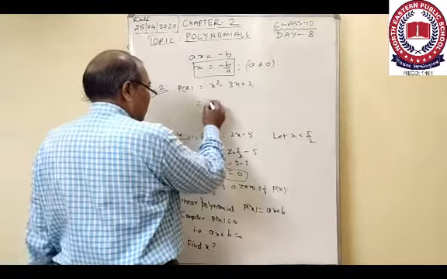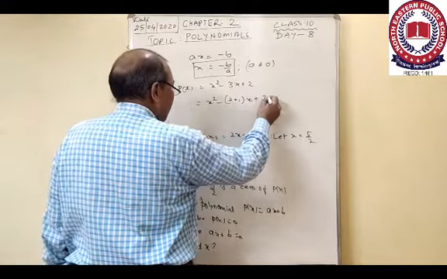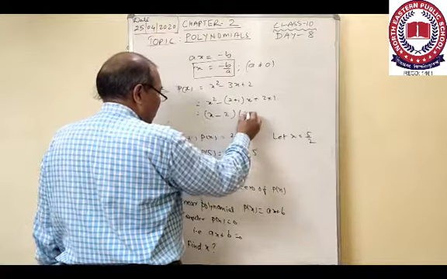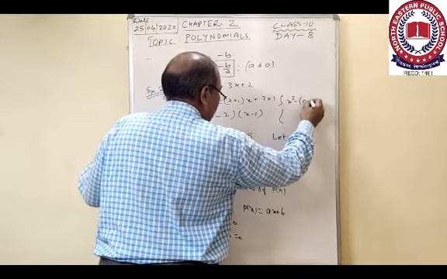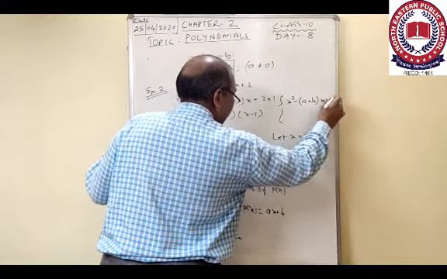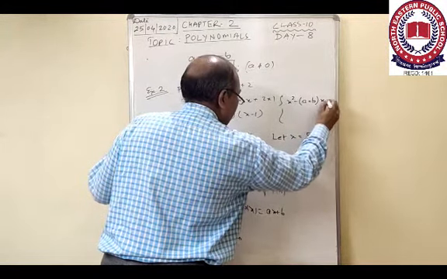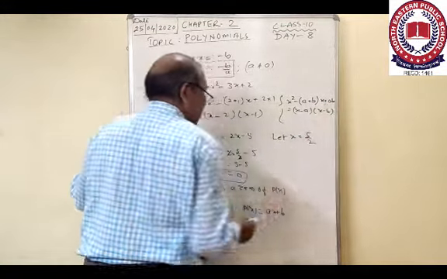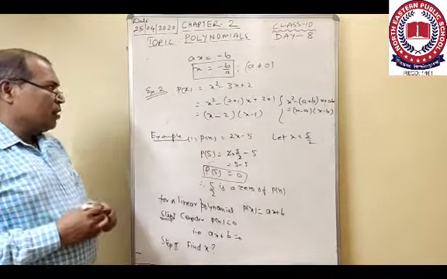Here we can write 3 as 2 plus 1, so x square minus (2 plus 1) into x plus 2 into 1. So it will be x minus 2 into x minus 1, as we have the identity x square minus of a plus b into x plus ab, and this polynomial has the factors x minus a into x minus b. I am using this identity to write the factorization of this polynomial.